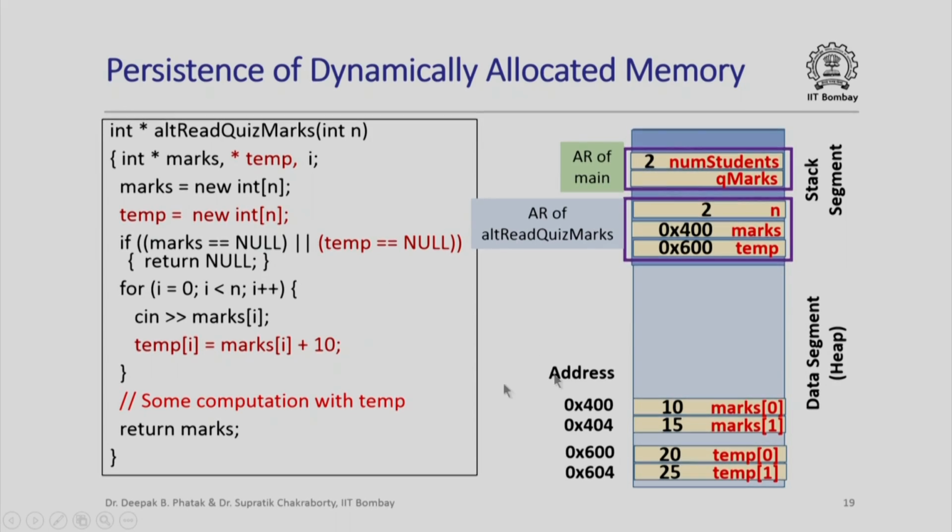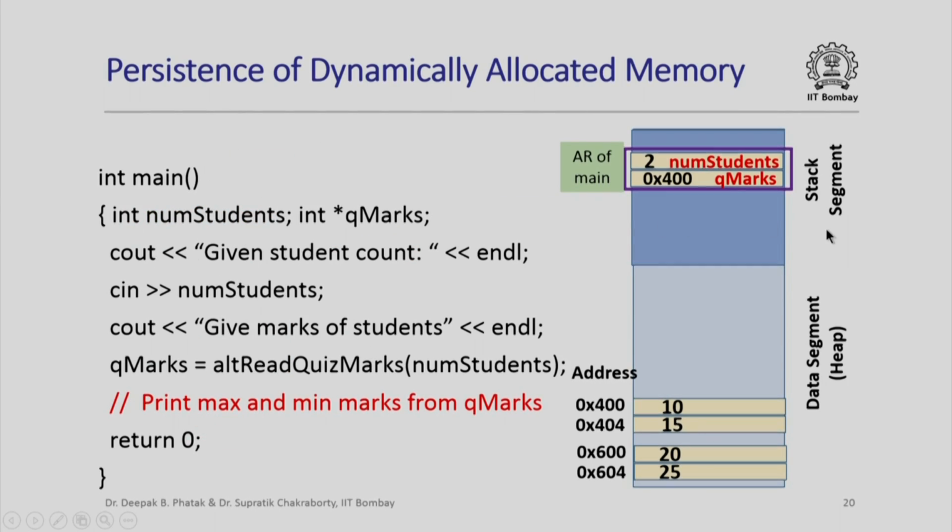And let us say that we have read in, inside this for loop, the values 10 and 15 for marks 0 and marks 1, and 10 has been added to each of these, and the values 20 and 25 have been stored in temp 0 and temp 1. Now when I execute return marks, what happens? The activation record for alternate read quiz marks will be gone, but these two arrays which were allocated will persist